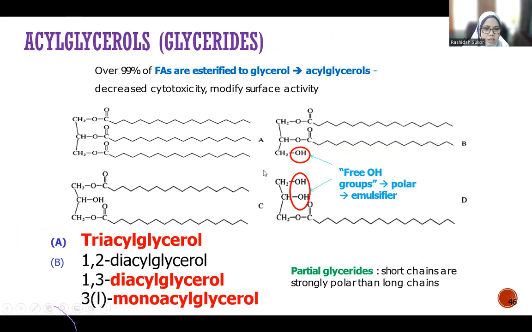So A is actually the triacylglycerol. This one that I mentioned, the tri means that it has 3 fatty acids. So triacylglycerol is the same as triglyceride, whether we use TAG or TG, triglyceride or triacylglycerol. So these are the 3 fatty acids. 3 types of fatty acid that actually become the triacylglycerol. So A is the triacylglycerol, B is the